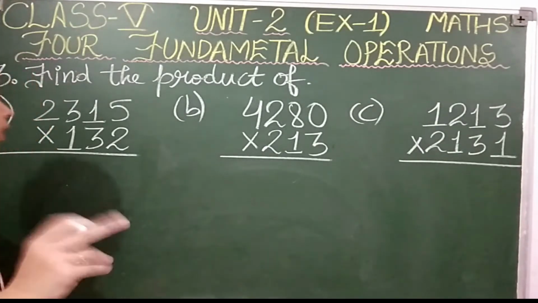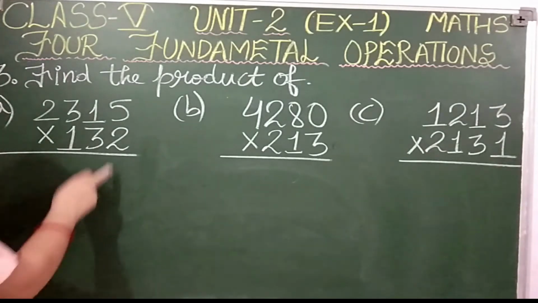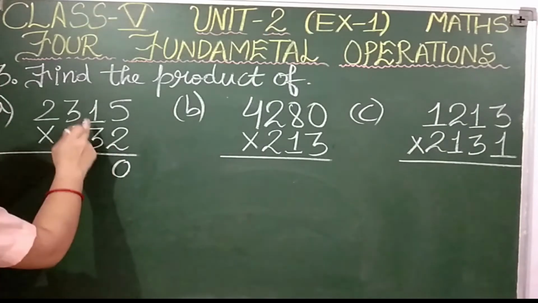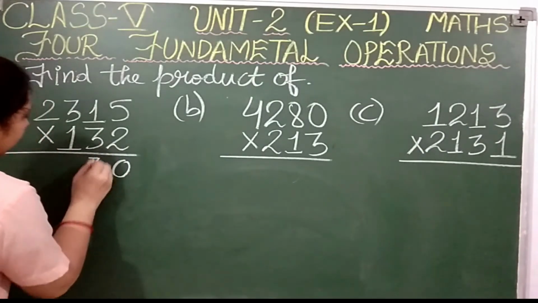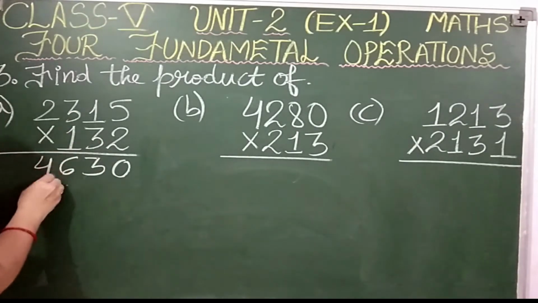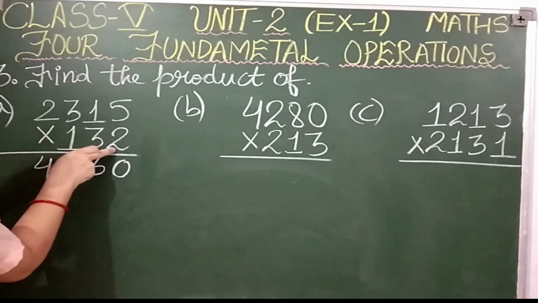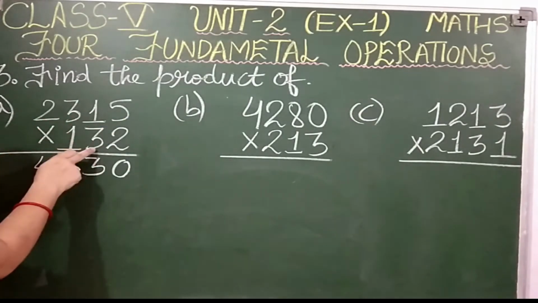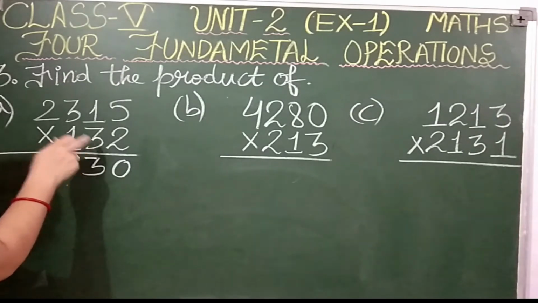Clear students? Okay, let us start multiplying. So first, 2 5s are 10, 2 1s are 2, 3, then 2 3s are 6, 2 2s are 4. See, the number written at the ones place has multiplied all the digits written at the top. Now we have to take our next digit.